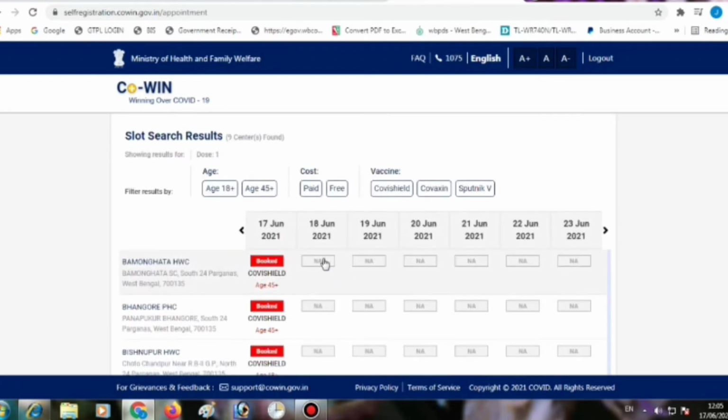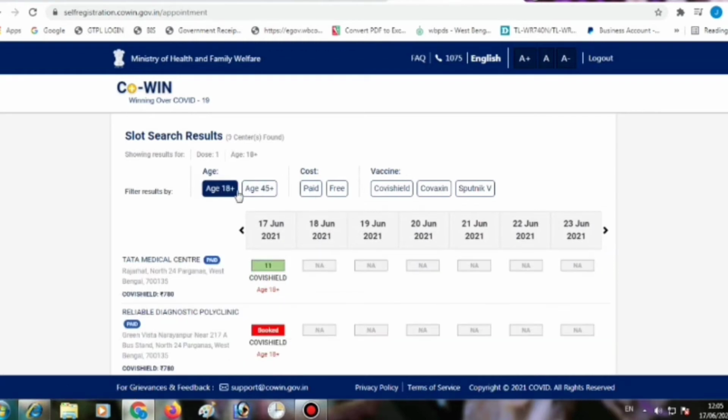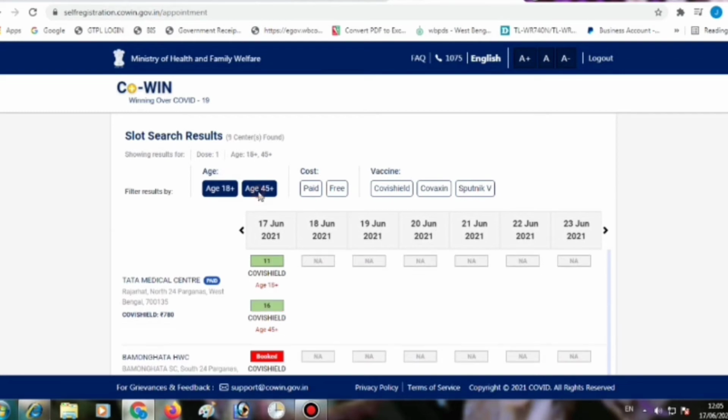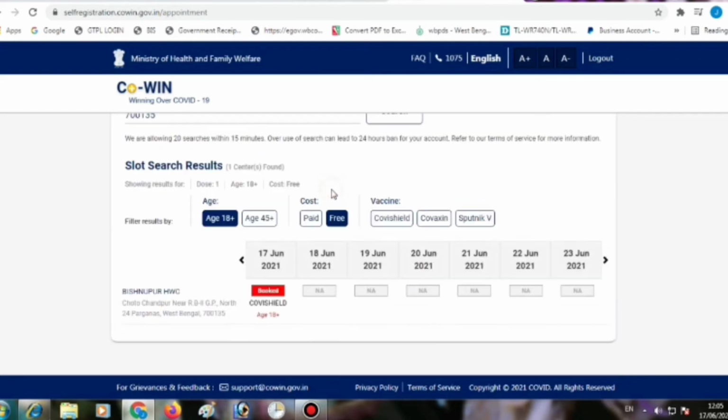You will see a list of all the vaccination centers in the selected district. All information will be shown about the vaccination center, such as the pin code, the minimum age allowed at the vaccination center, type of vaccine and the cost of vaccination if it is a private vaccination center, and the number of vaccination slots currently available on each date. You will also see the free vaccination centers sponsored by the government.